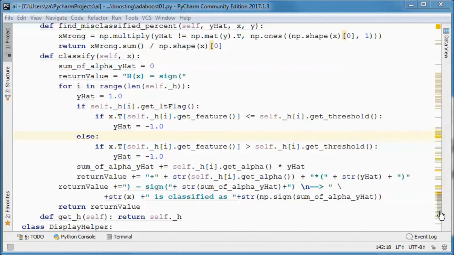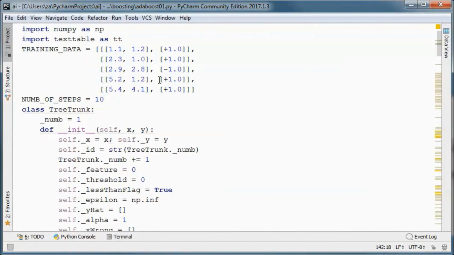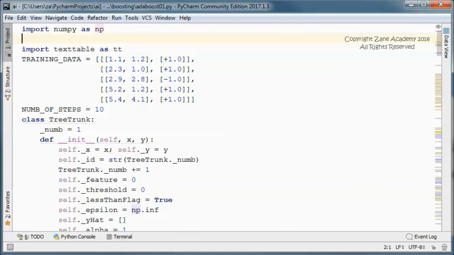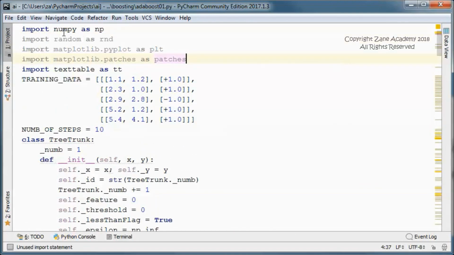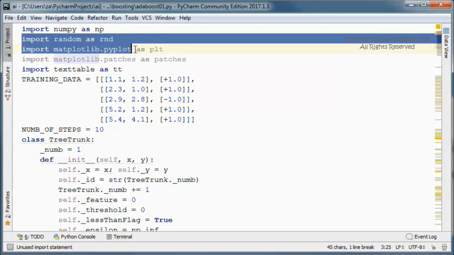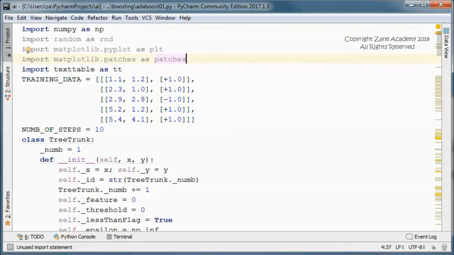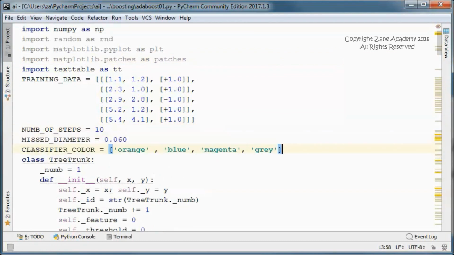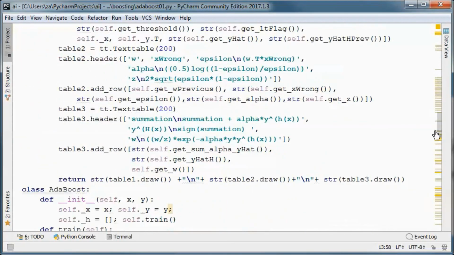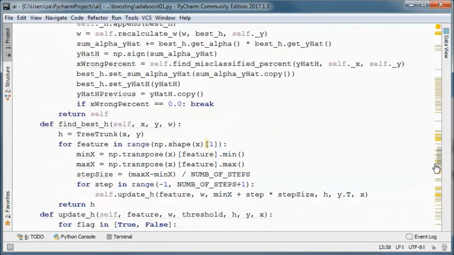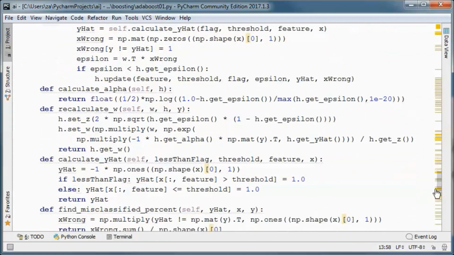And next let's go up here and import those three and add those here, and we will be using all that in the display helper class.